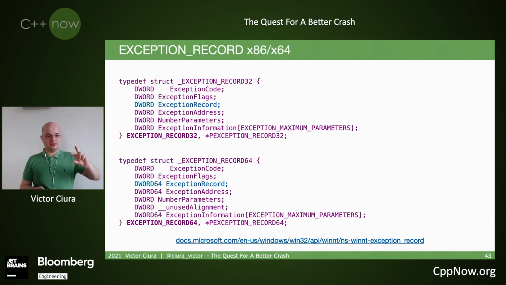So again, this exception record is architecture dependent. We have a different structure for 32-bit and 64-bit. The implementation is slightly different. The exception implementation machinery on 64-bit is more efficient. For 32-bit, the classic implementation is a linked list traversal to link all these exception records. On 64-bit, there are some lookup tables, and the lookup is more efficient on the happy path. So the structures are fairly the same.